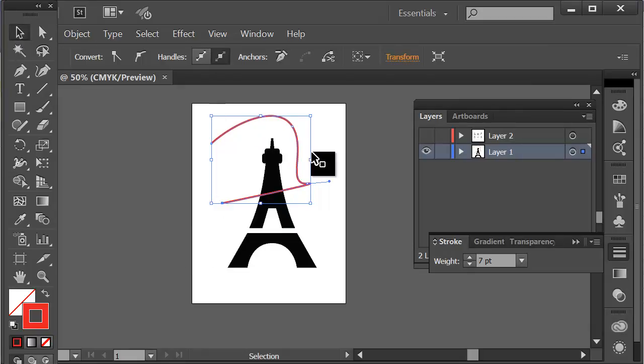Notice that this is an open path. It's called an open path because I didn't close it. All right. If you want to close a path that you've created, you would go to the pen tool, click